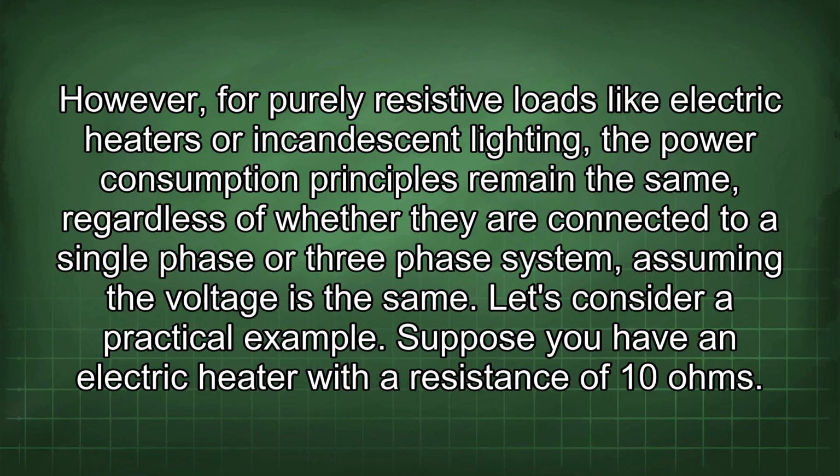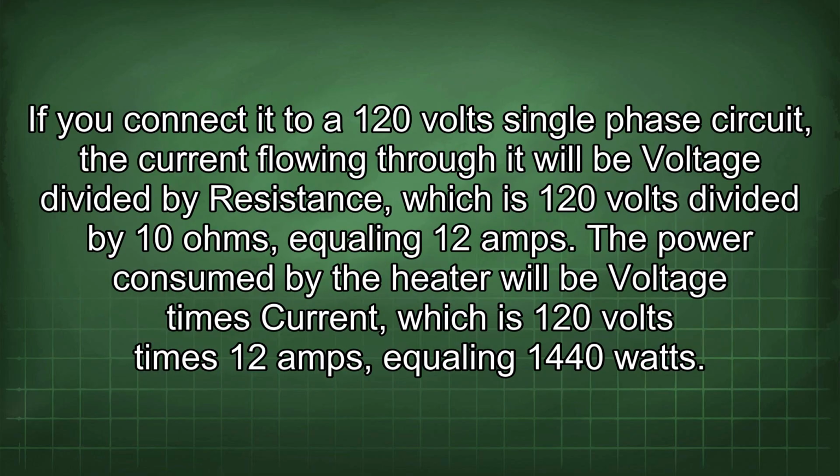Let's consider a practical example. Suppose you have an electric heater with a resistance of 10 ohms. If you connect it to a 120-volt single-phase circuit, the current flowing through it will be voltage divided by resistance, which is 120 volts divided by 10 ohms, equaling 12 amps. The power consumed by the heater will be voltage times current, which is 120 volts times 12 amps, equaling 1440